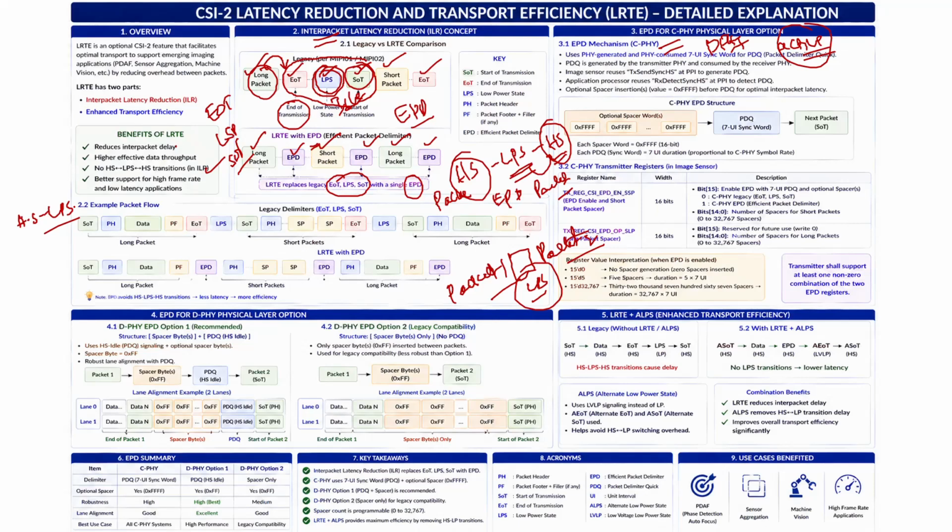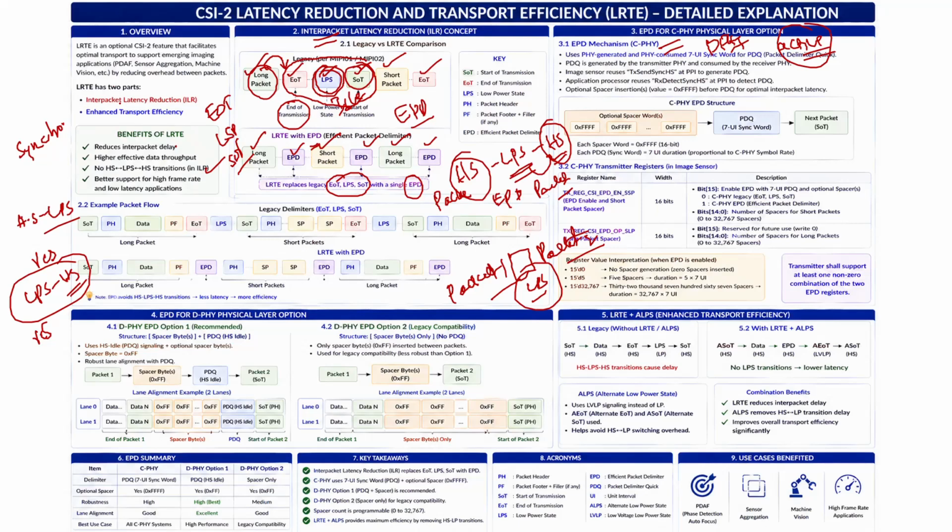This is also eliminated, and there is no restart. That means when you go again from the LPS state to the high speed state, that restart will not be there. So this EPD will reduce that, and also reduce the synchronization delay. Synchronization delay means one packet to another packet you are transferring, so that delay will be reduced. Okay, so that is the LRTE: link latency reduction and